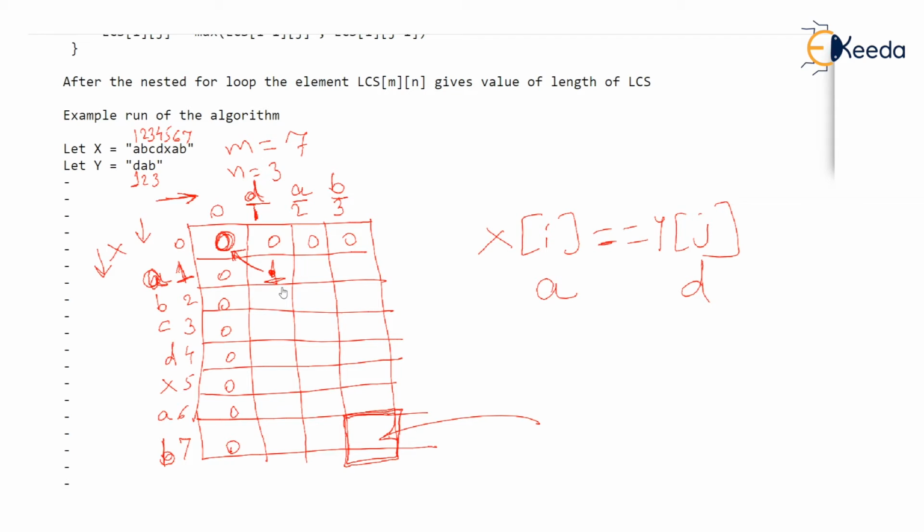But the match was not found. So if the match is not found, then what we do, we will take the maximum of either the element above or the element to the left. We will take the maximum between these two elements. Isn't it so? And we will copy that element. Whatever is maximum will be copied at the place that we are filling. But what if both are equal? Now both of them are 0. Then you have the liberty of taking any element because both are anyway equal, both are maximum.